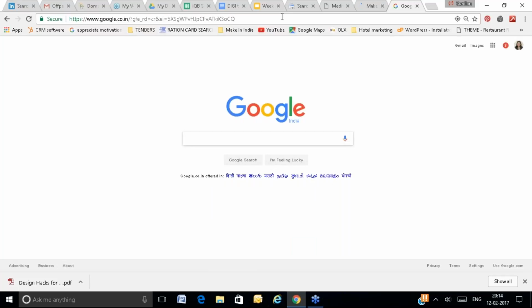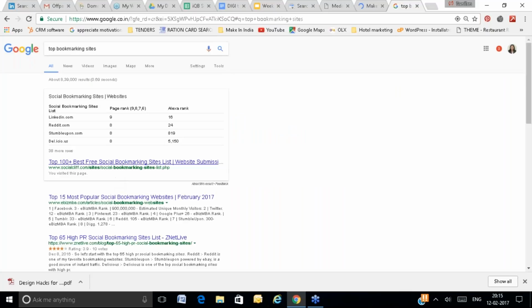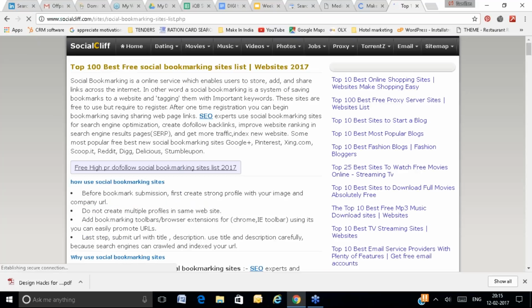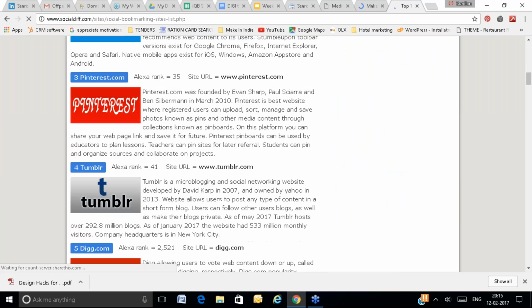Okay, no worries. You can just go to Google and you can find the top bookmarking websites, right? You will find the list of the websites where you can bookmark your pages. So these are the list of the websites.